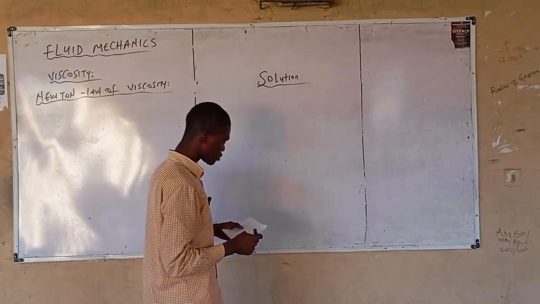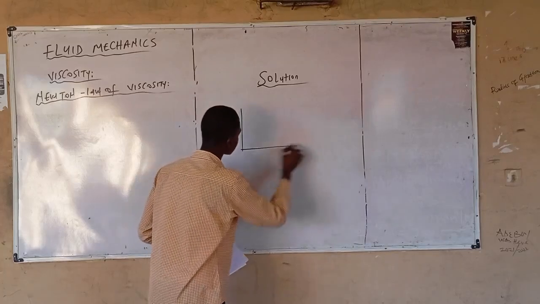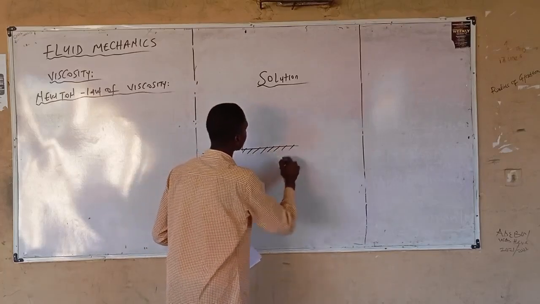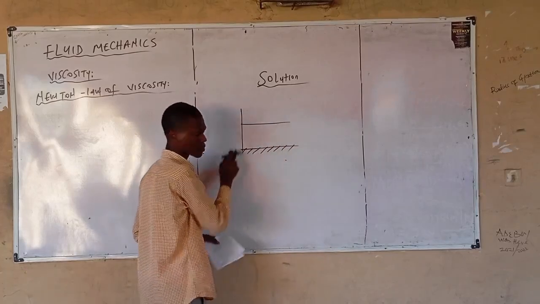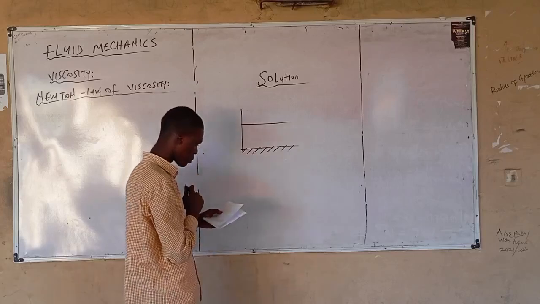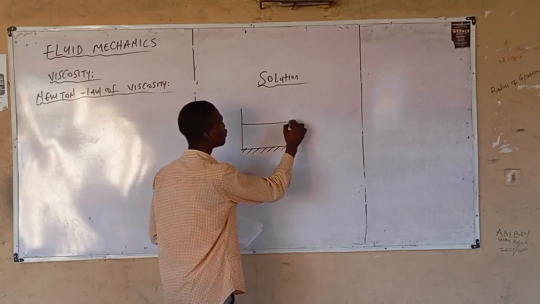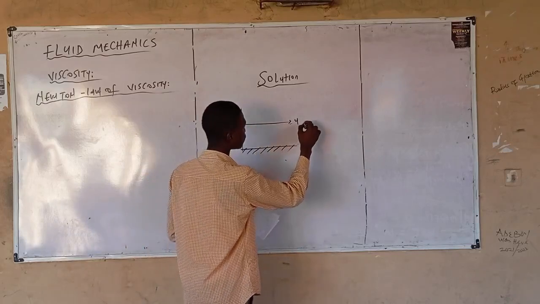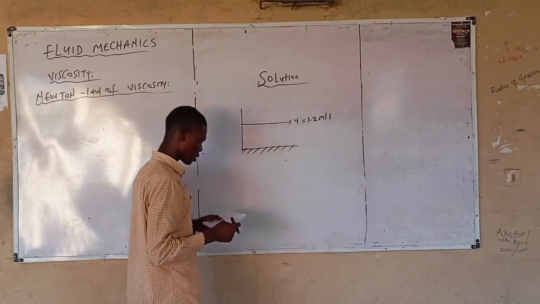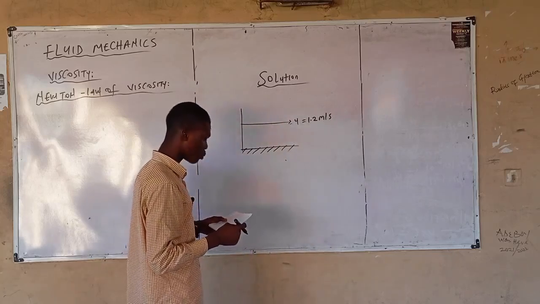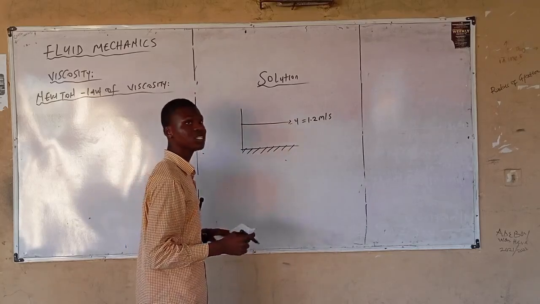A plate 0.05 meter distance from a fixed plate. Okay, let's say this is my fixed plate. This is the fixed plate. And there is this plate, the plate at a distance from the fixed plate, which moves with a velocity of 1.2 meter per second and a force of 2.2 Newton per meter square to maintain the speed, meaning the shearing